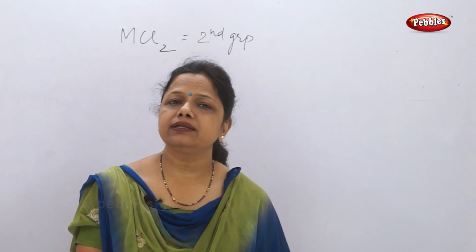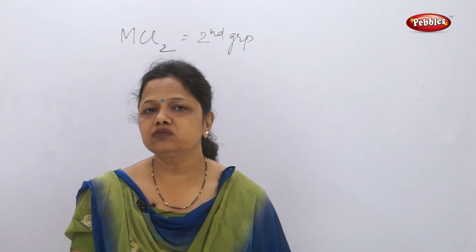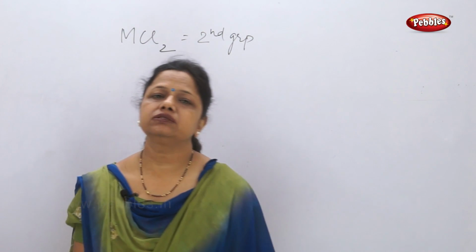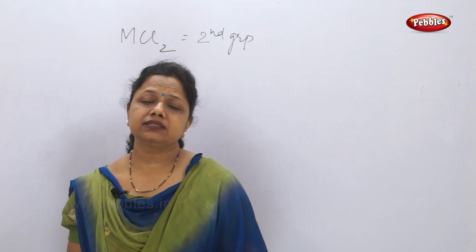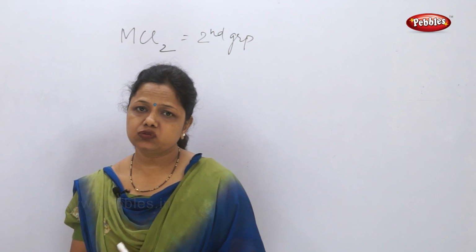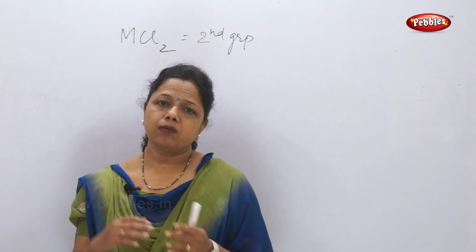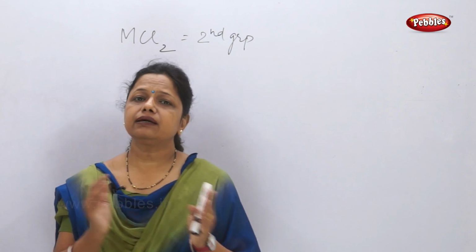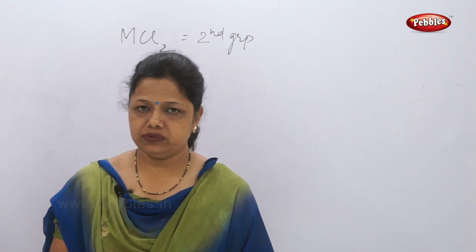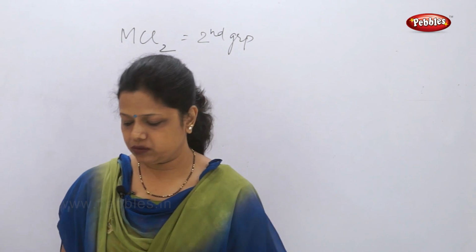Mendeleev tried to arrange elements in a very good way, but still he had some problems or some demerits which came into highlight. The first demerit was isotopes were placed according to their atomic masses, not the atomic numbers. So it created a problem. Secondly, cobalt and nickel. Cobalt has higher atomic mass, nickel had less atomic mass, and they were placed in the wrong position. The higher was kept first and the lower was kept later on.